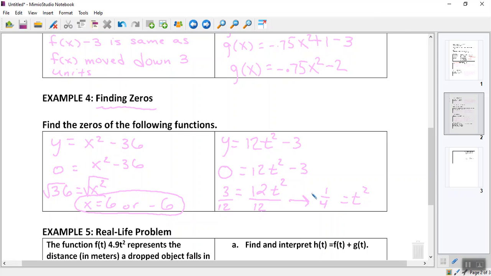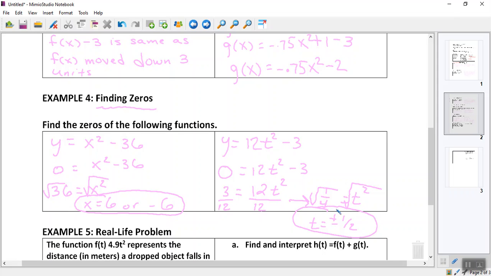Anybody know the square root of 1/4 when we get to this step? What's the square root of 1 up top? What's the square root of 4 on the bottom? So t could either be plus or minus 1/2, couldn't it? Now again, if you weren't sure on the algebra part of this, solving this algebraically,